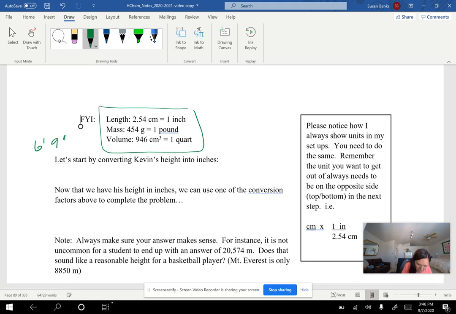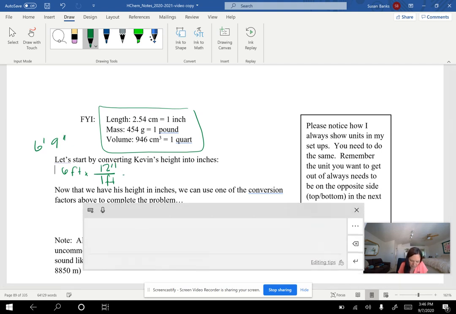So I'm going to work on the feet. 6 feet. How many inches are in a foot? And remember, I've got feet on the top, so on the next step, I want feet on the bottom. So in 1 foot, I hope you remember this, I've got 12 inches. Okay, so 6 times 12 will give me,